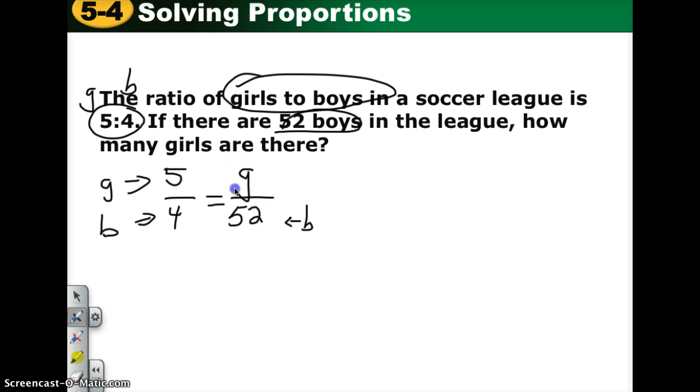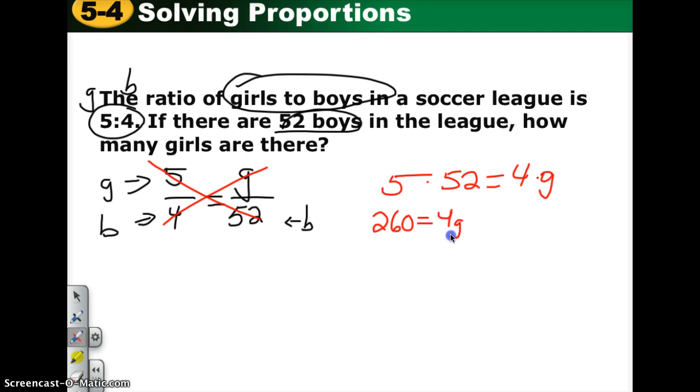So we're looking for the number of girls. Okay, well we have cross products. So we would multiply 5 times 52, and that equals 4 times G. So we need to figure out what 5 times 52 is. So you could break that apart into 5 times 50 and 5 times 2, and then add those together, and we get 260